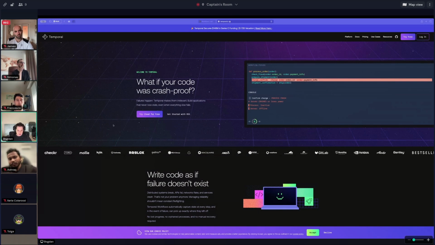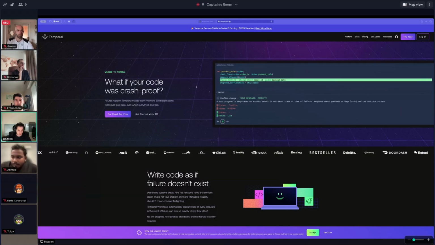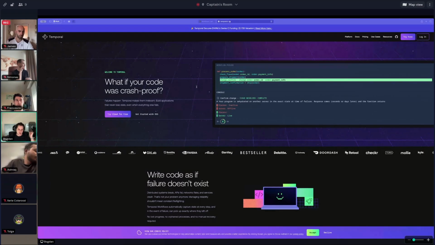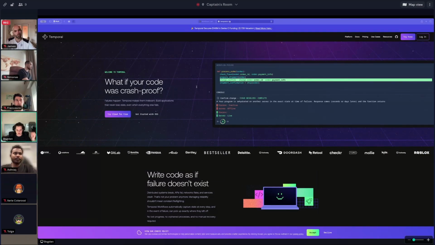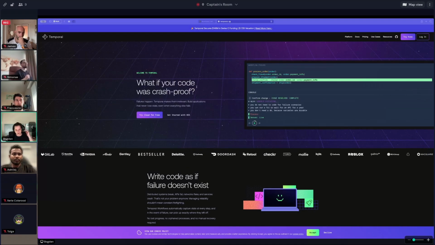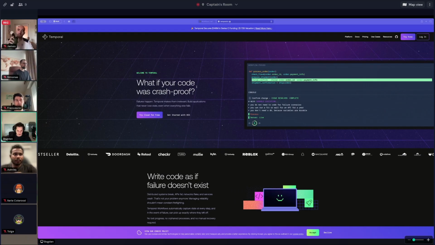So what is a durable workflow engine? It's three things that we have to go into. What's durable in the beginning is basically just that you have a code execution that is persistent. The inputs and the outputs that you have are persisted. They can be retried. They can be restarted from scratch, and you will have the same output,